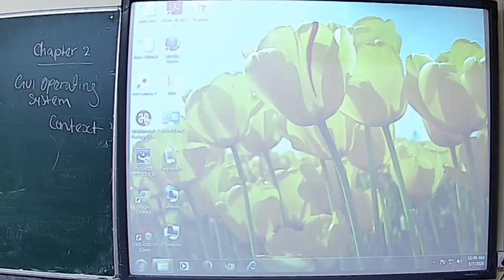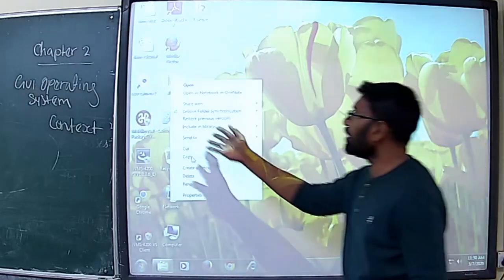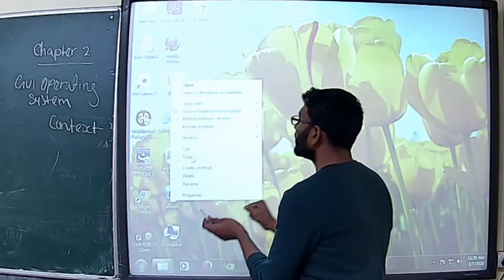Now, how to delete these folders? Again, we need to click the right button and choose the Delete option. So we can delete that folder. If you want to copy, you need to use the Copy option. If you want to cut, use the Cut option. For example, you want to cut the folder permanently from one location to another.